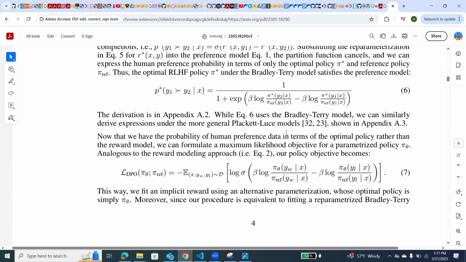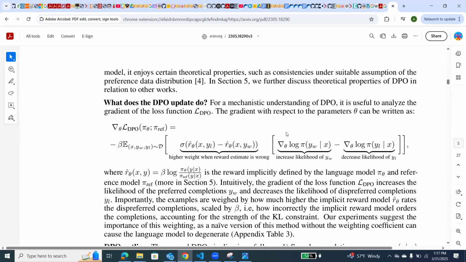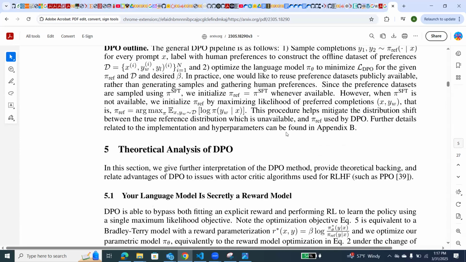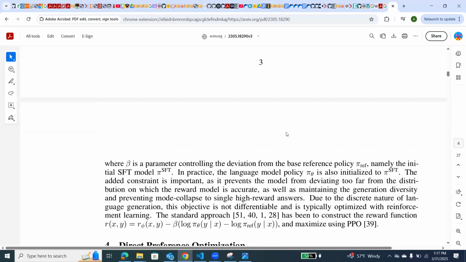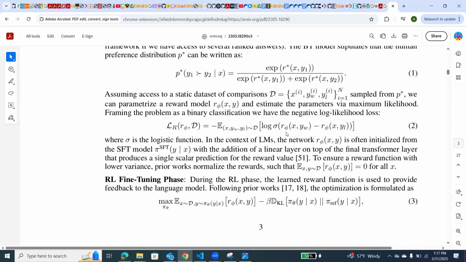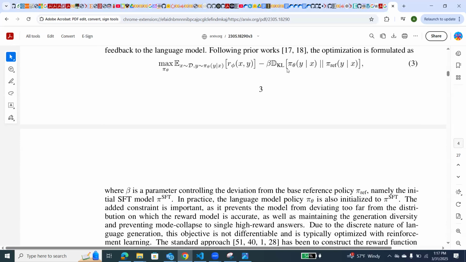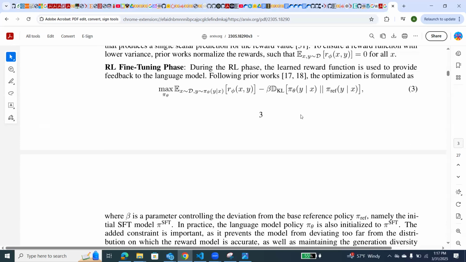So that's why we also add the so-called regularization, KL divergence, which will force our new model to be close to the original model, not fine-tuned. So this was the idea of the DPO paper, and